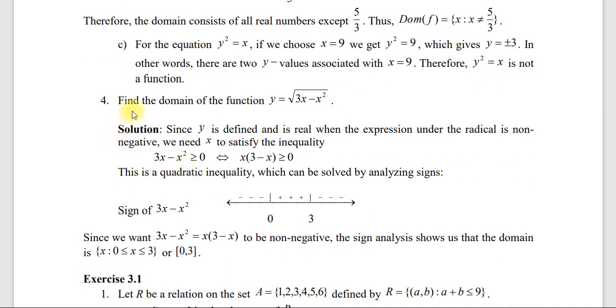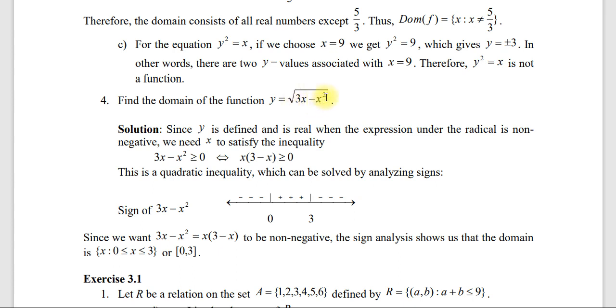ሌላ ኤግዛምፕል እንጨምር። Find the domain of the function y which is equal to under radical 3x minus x square. አሁን የዚህን ዶሜን እንፈልግ። እዚህ ላይ በቀላሉ ዶሜን ለመፈለግ ምን ማድረግ አለብን? የኤክስን ቫልዩ ማለት ነው ባጭሩ ዶሜን የምንፈልገው። ኤክስ ላይ ማንን መተካ ነው ዲፋይን ሊሆን የሚችል y ቫልዩ ልናገኝ የምንችለው ማለት ነው። ሶ እንደ አጠቃላይ ራዲካል ውስጥ የገባ ቁጥር ከዜሮ እኩል መሆን ወይም መብለጥ መቻል አለበት በሪል ነምበር ሲስተም ውስጥ፣ በኮምፕሌክስ አይደለም።